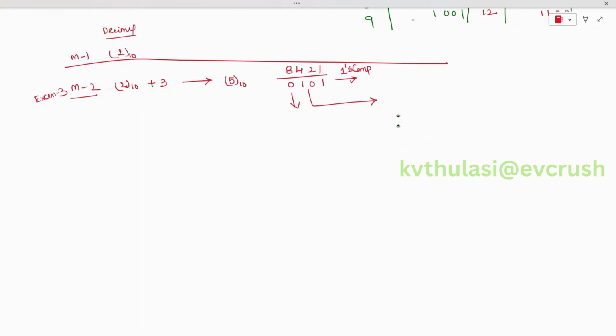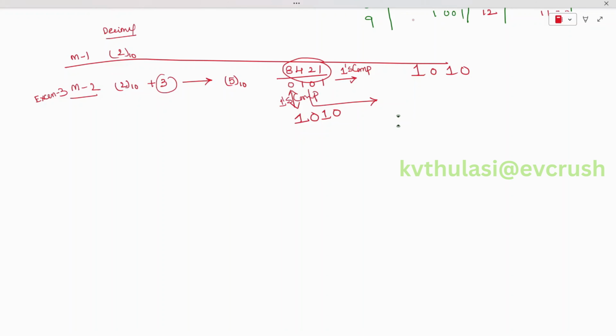So for 0 you are going to get 1, for 1 you are going to get 0, for 1 you are going to get 0, for 0 you are going to get 1. The ones complementary value is 1, 0, 1, 0. So this is the value you obtained. So you can see here directly by adding 3, by doing BCD conversion and performing ones complement, we obtained the